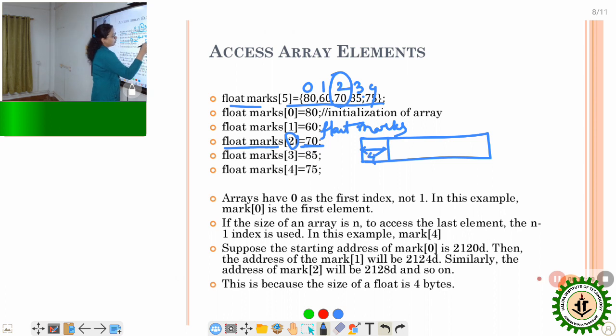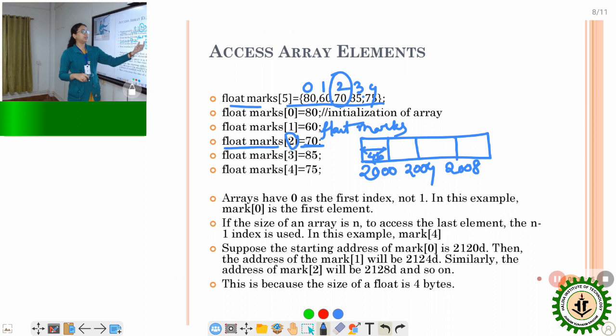Okay, 4 bytes for each position. So if we consider the address of this position to be 2000, then the next position is 2004 and the next is 2008, because each position takes 4 bytes. Okay,